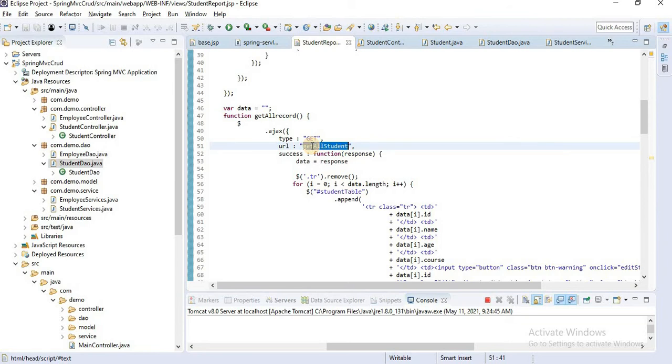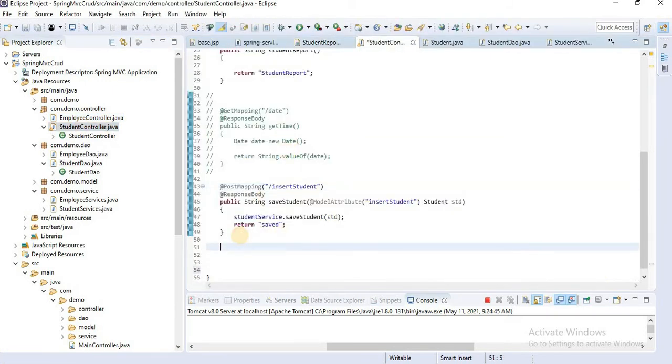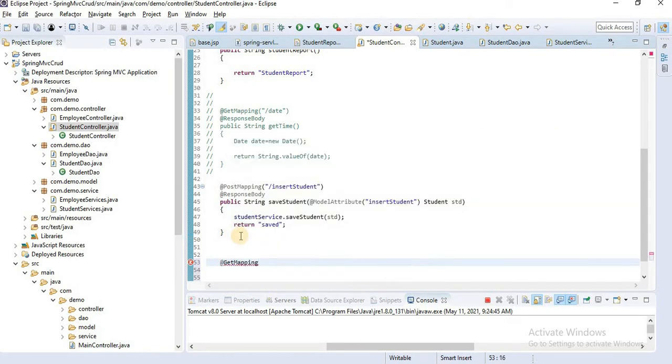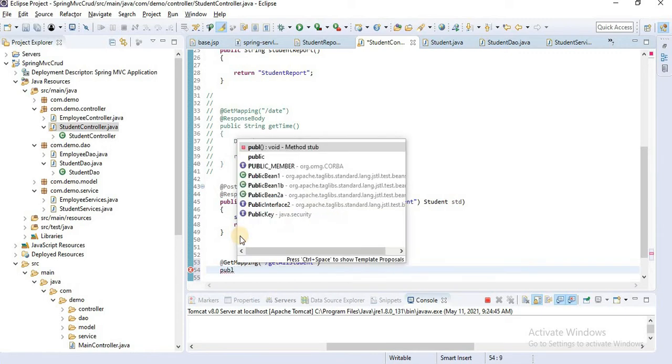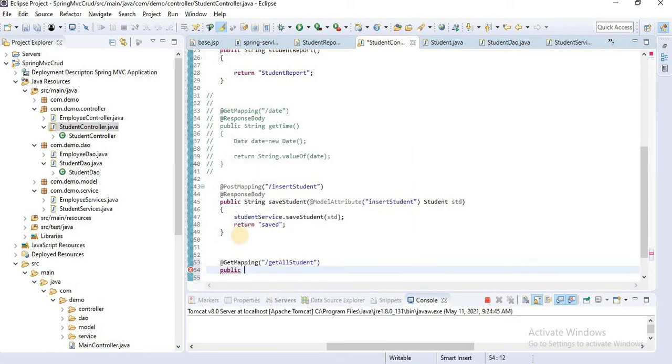Let's create one controller method for get all student. Go to your student controller, here define @GetMapping and put get all student. Let's create the method, public, string, or rather we are passing a list of student.